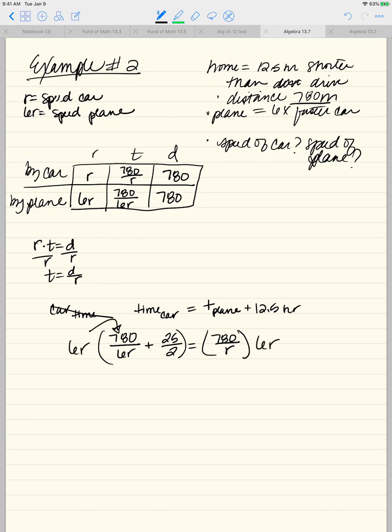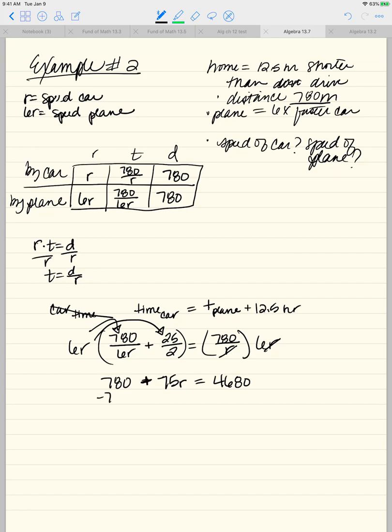What that's going to do in my first expression, 6R times 780 over 6R, my 6R's are going to cancel and I'm left with 780. 6R times 25 over 2, okay, is going to give me 6 times 25, okay, 6 times 25 is 150 over 2. So 150 divided by 2 is 75, and then I still have that R. So 75R, and that should be a plus, not an equal. So 780 plus 75R is equal to, and then what's happening on the right side? My R's are going to cancel, and we're going to have 780 times 6, which is